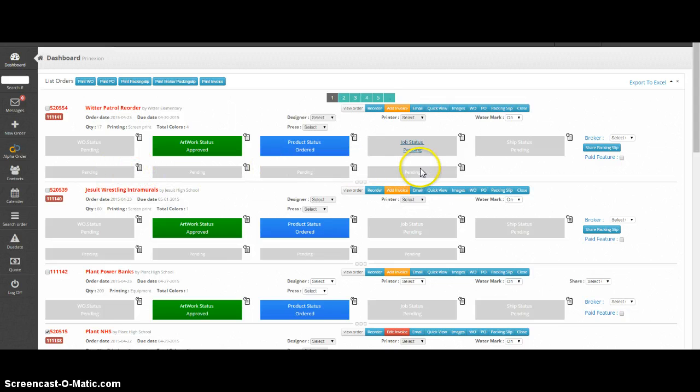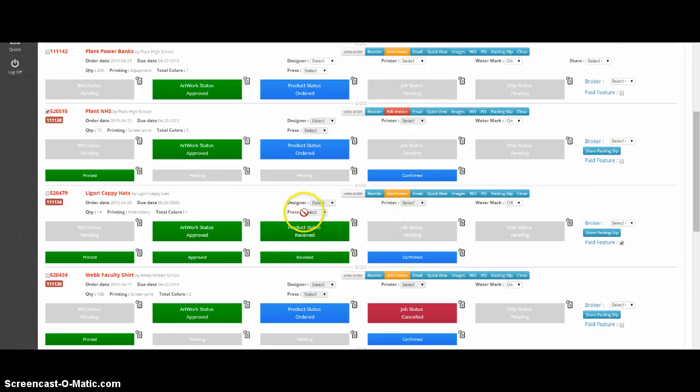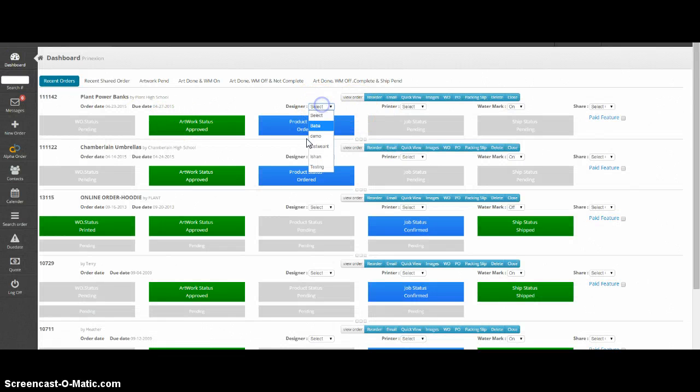This bottom line here connects with the printers, so the printers are keeping in touch with you if you're a broker, so that you will get updates as to when the job is complete or received. As you can see here, one of our jobs, the work order has been printed, the artwork has been approved, the product has been received, and the job has been confirmed and is going out for print. And our features up here is where you're able to select the designer that you want, the printer that you want,